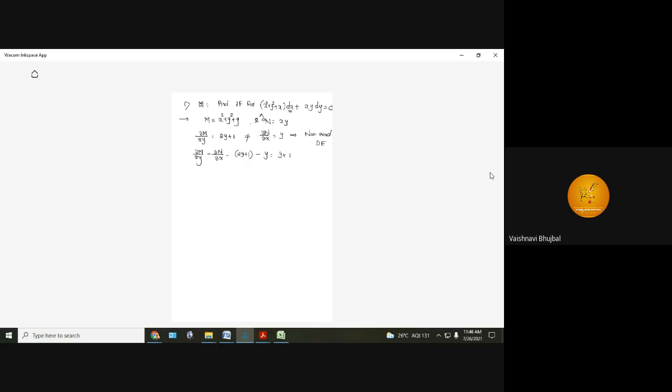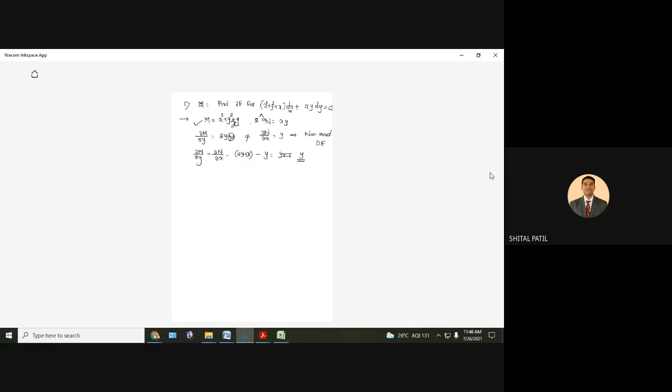Is it x square plus y square plus x or x square plus y square plus y? Oh, correct. Therefore we are facing a small problem. Absolutely. Let me check it. X square plus y square. It is x. So this will not be there. So 2y minus y. That is y. Only a single term.